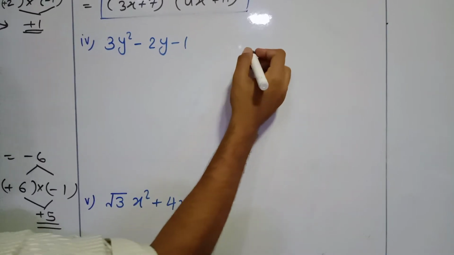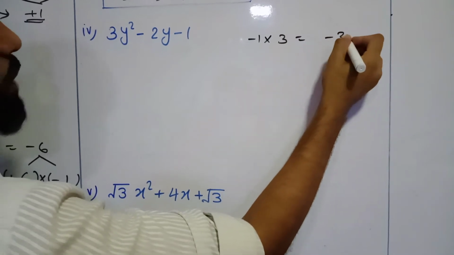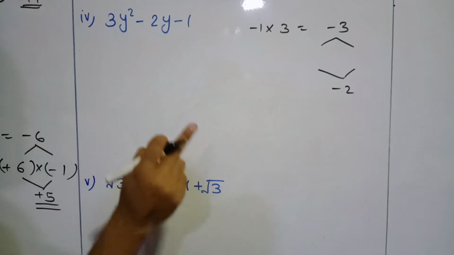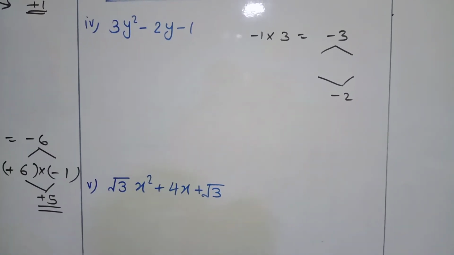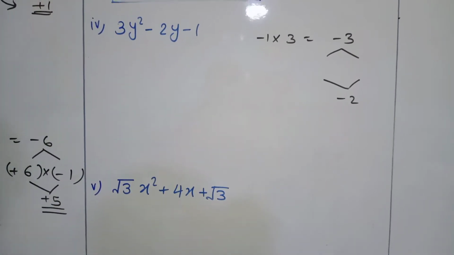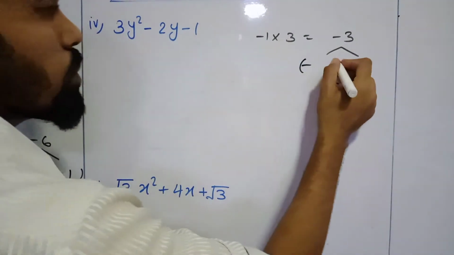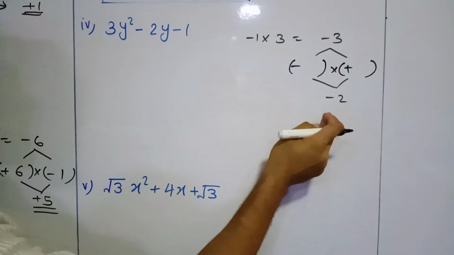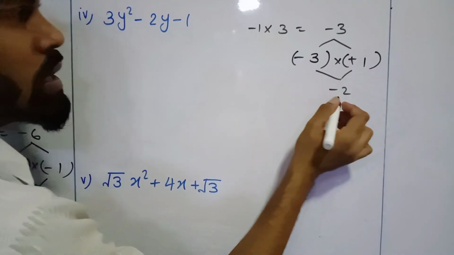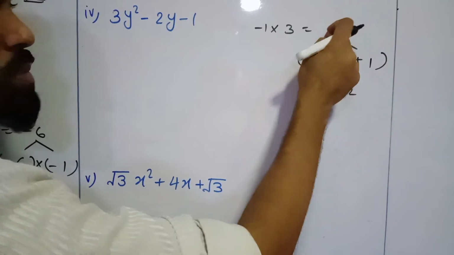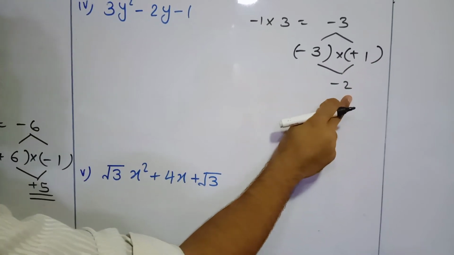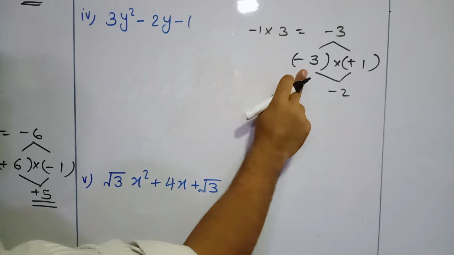First, minus 1 into 3, we are getting minus 3. Now we have to do the factorization. In that sense, we will get minus in our answer. C is minus, so one will be minus and one will be plus. B is minus, that means the bigger number should be minus. So the bigger one is minus, the smaller one will be plus, and the answer should be minus 2. 3 ones are 3, minus into plus is minus. First condition satisfied. Second, minus 3 plus 1, yes, we are getting minus 2. Means in place of minus 2 we can write minus 3 plus 1.